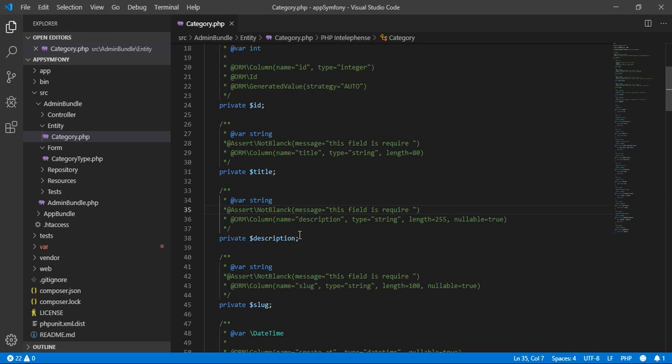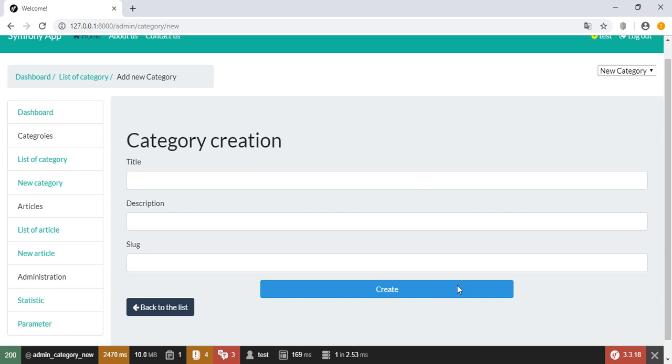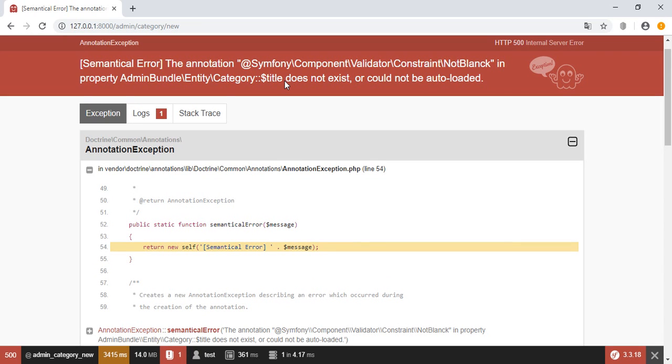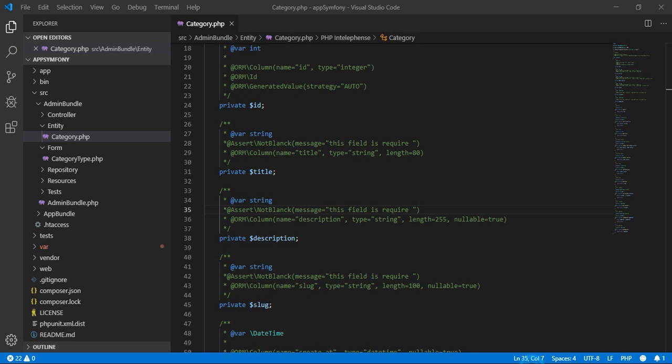If you forgot, go to the video of the validator form and you will see the others. We used not blank, and I think also length with min and max, and we saw how we can customize our message. I think here I made a mistake in not blank: I typed it with a C, so I will just